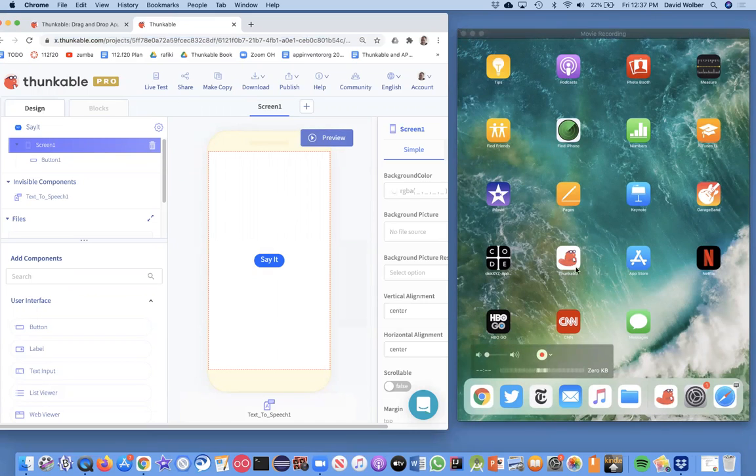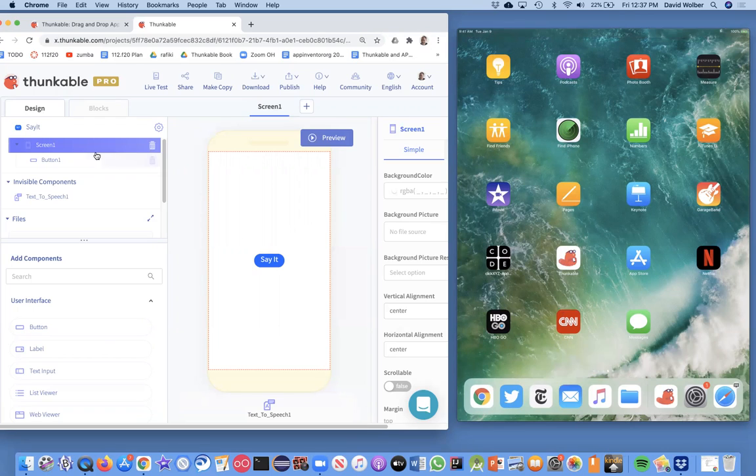You use this thing called Thunkable Live, which is an app on your phone or your tablet, and as you're working, it will run your app on there. But you really don't have the app on your device. You're really kind of emulating. You're running this Thunkable Live app, and that app knows how to run other apps. Okay, but when you're actually done, when you finalize what you built, that's where you can actually download the